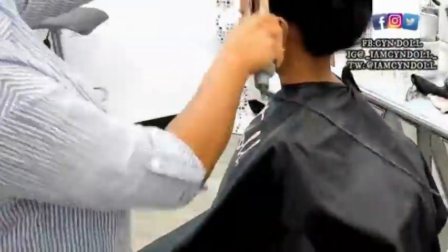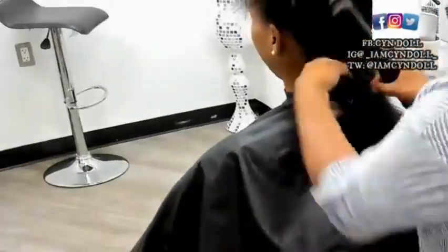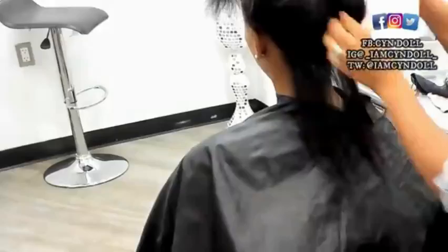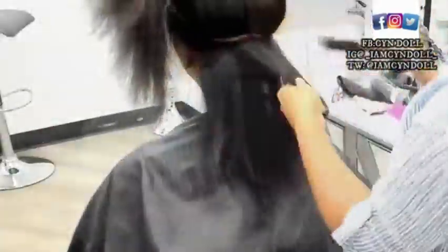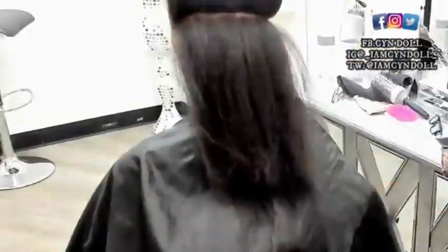It's a lie. And even right now, the way her hair is right now, it's still swollen. The way her ends look right now, blown out, and the way that her hair is going to look when I straighten it are two completely different things, my baby. That's why I said curly hair is stretched when it is completely straightened. Her hair is not stretched to its maximum capacity when it's blown out. It is not. I don't care what anybody says. Hey. And when your hair is naturally straight,